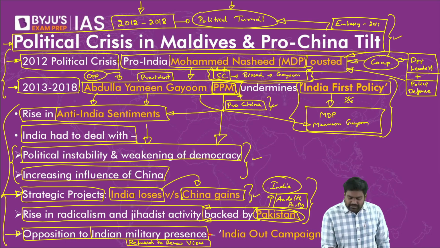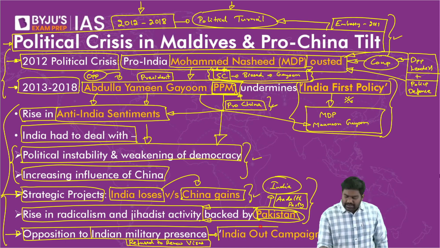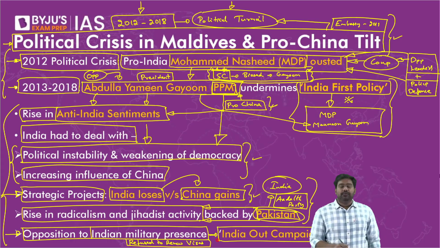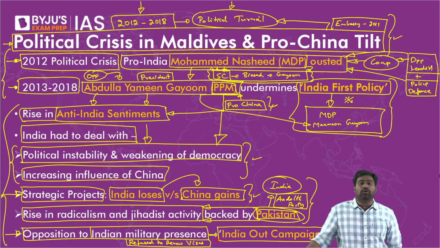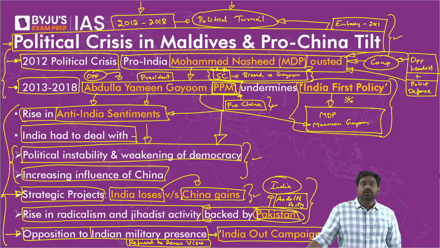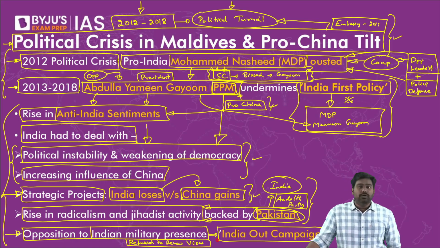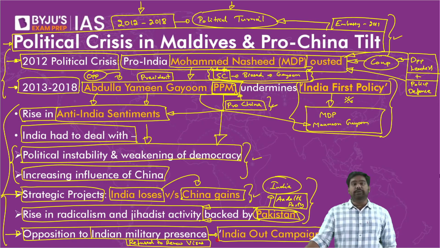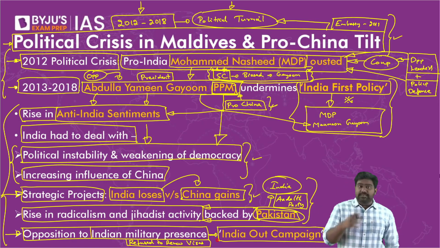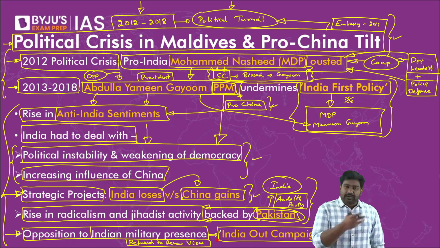And he adopted this policy called India Out campaign. He became the champion of this campaign called India Out, meaning Maldives wanted to push out India, push India's influence out throughout Indian military presence. And Yamin Gayoom even asked India to take back the aircrafts, helicopters, and the other military equipment we had gifted. This is how hostile Abdullah Yamin Gayoom became towards India, compromising Indian interest and influence, which we had built over decades.